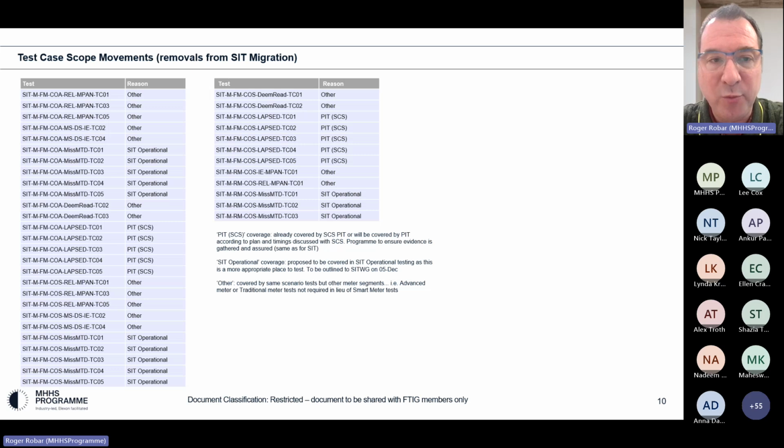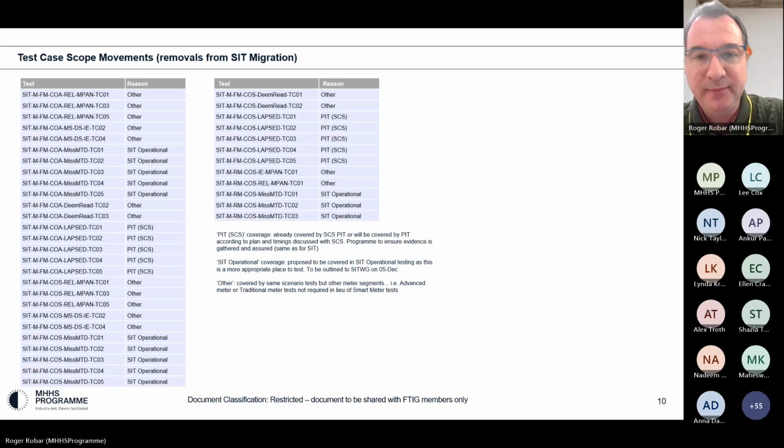There was the onboarding and offboarding for the DIP. These test cases will be bundled along with those, and we'll take them through SIT working group and SITAG. I don't believe these are scheduled to be run until the spring. So we've got a few months before they're scheduled to be run. Okay, so a definitive operational scope of tests. Cool. Thanks, Roger. No problem.